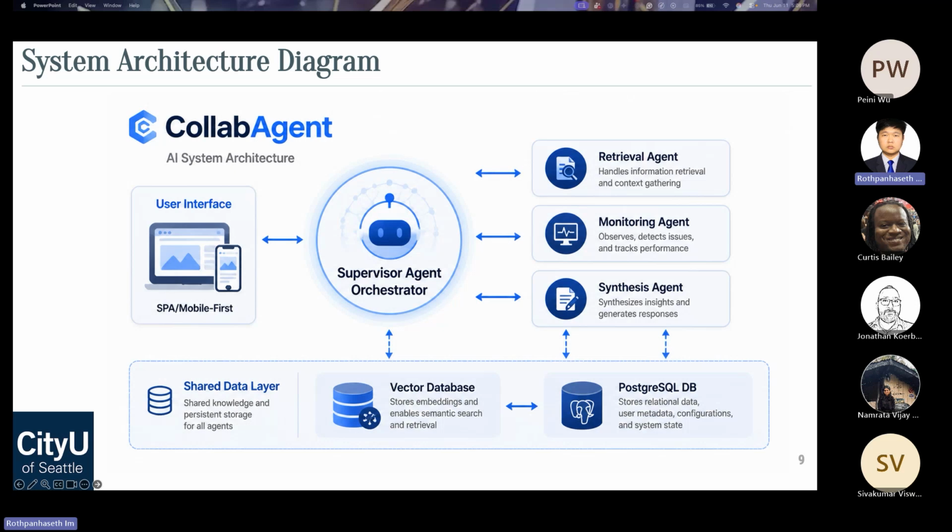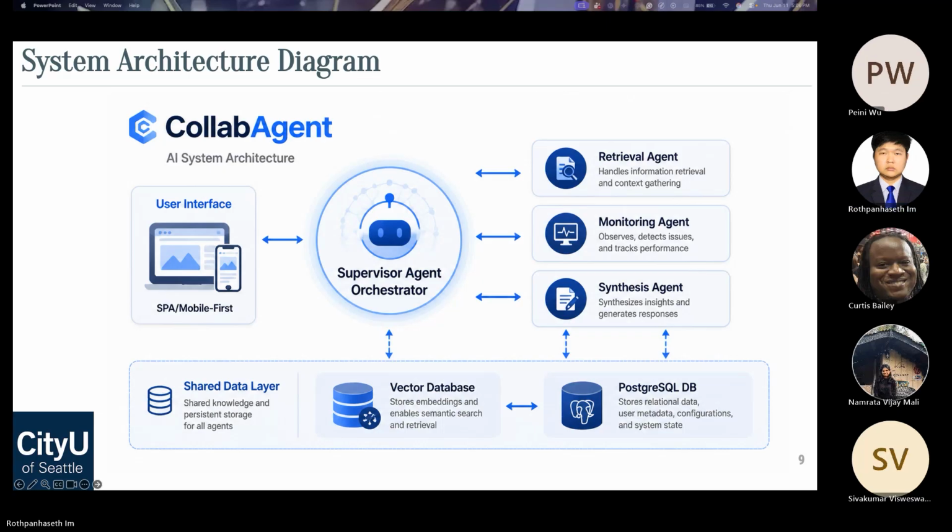The architecture follows a layered design. At the bottom, the data layer stores structured project information alongside vectorized semantic knowledge. The application layer manages business logic, API, and workflow services. Above that sits the AI orchestration layer. Multiple specialized agents collaborate to monitor activity, prioritize tasks, retrieve knowledge, and generate recommendations.